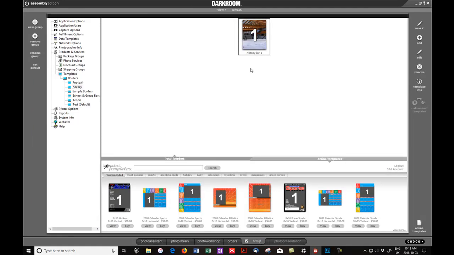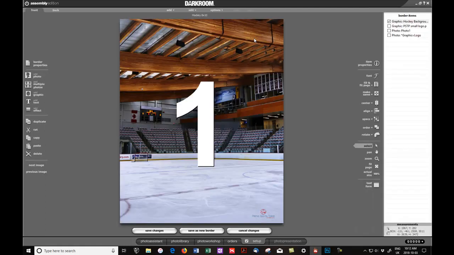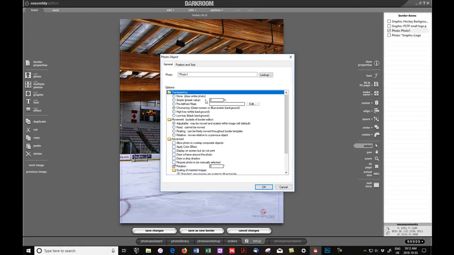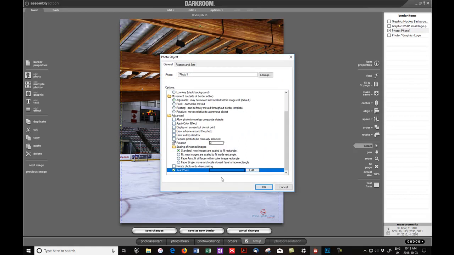Now the downside is obviously it doesn't save the test image. So if I go back into my hockey 8x10, you can see it's just a number. And another word of caution, it also looks like the actual logo in the bottom left isn't there. It is. You can see if I just click, it is still there, but because it's going to go and look for a logo, there's obviously nothing to display. There's nothing to stop you adding another test to this. If I just double click on the photo number 1, scroll down and add the test photo,